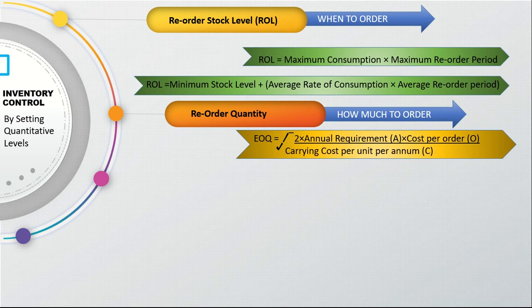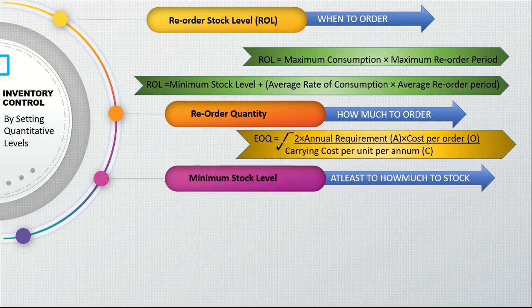Assumptions underlying EOQ. The calculation of economic order quantity of material to be purchased is subject to the following assumptions. 1. Ordering cost per order and carrying cost per unit per annum are known and they are fixed. 2. Anticipated usage of material in units is known. 3. Cost per unit of the material is constant and is known as well. 4. The quantity of material ordered is received immediately, i.e. the lead time is 0.